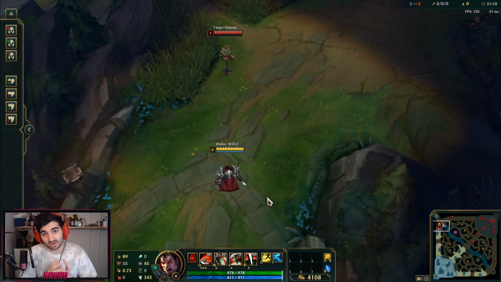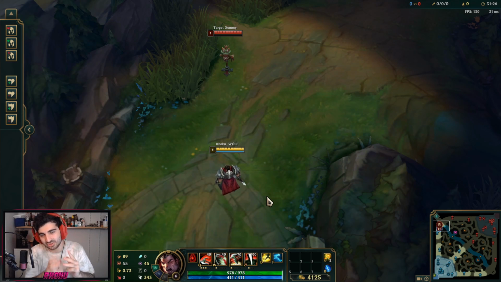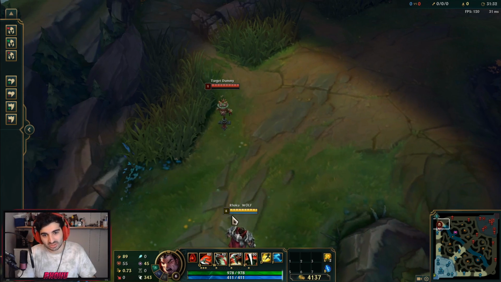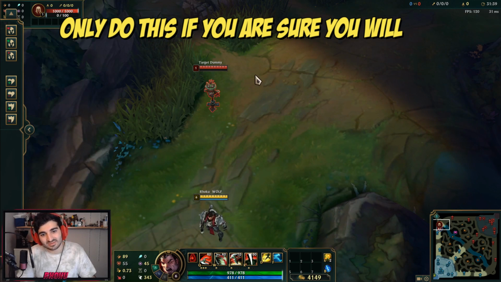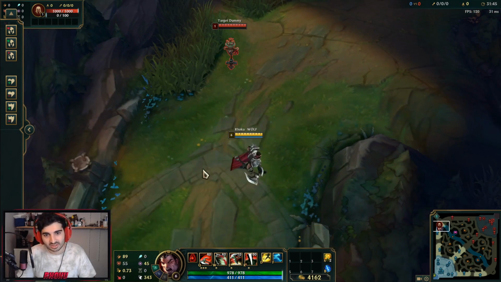And the last thing we're going to talk about is how you should be using your Ghost. Ghost is very versatile, so you can use it in a lot of creative ways, but these are the main three situations where you should use Ghost. Situation number 1, when the enemy mispositions, so you can just run up to them and kill them all the way back. So let's say the wave is stuck here, but the enemy makes the mistake of walking towards this side of the lane. So there's a lot of ways for them to go for safety, right? So you Ghost,